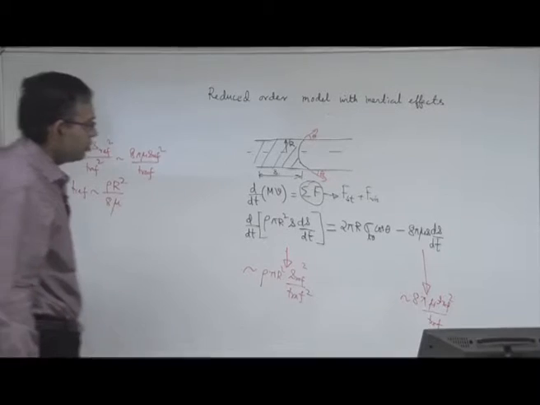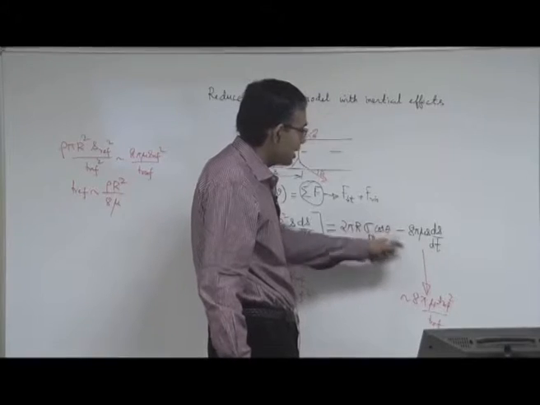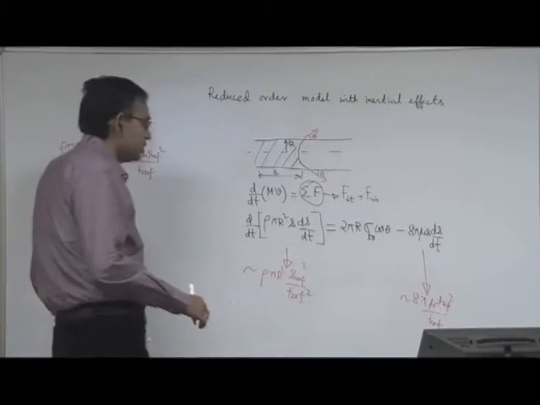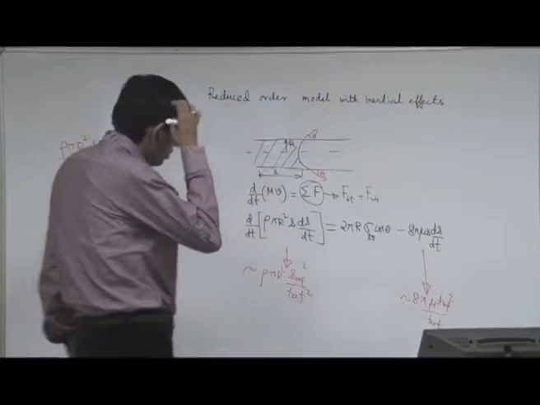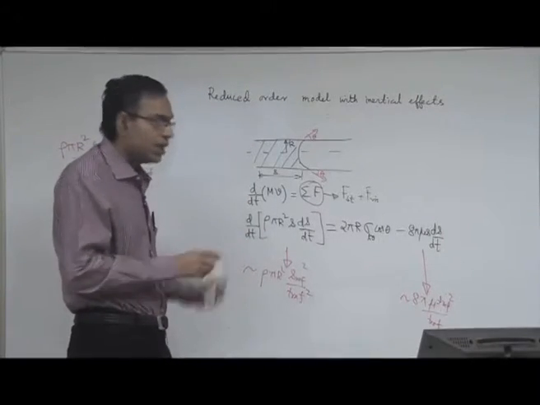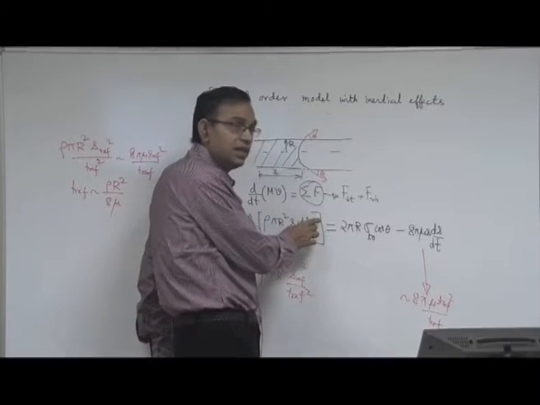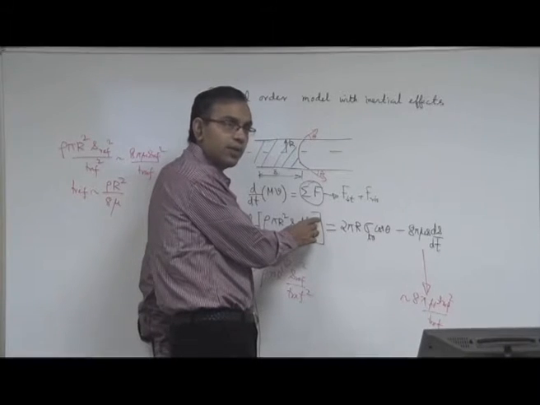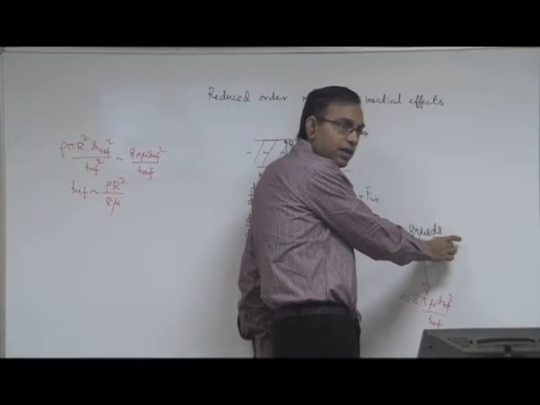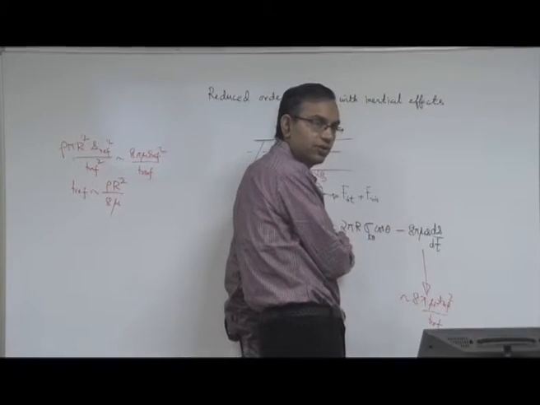Now to get S ref we can use a scaling of balance between viscous and surface tension force, or competition between viscous and surface tension force. To do that, we will use a little bit of foresight. See, this is a differential equation. On this term you have S dS/dt, which is d/dt of S squared by 2. Here also you have S dS/dt, so d/dt of S squared by 2. So if you take a half with this term also, these 2 will become 4, then the half will get cancelled